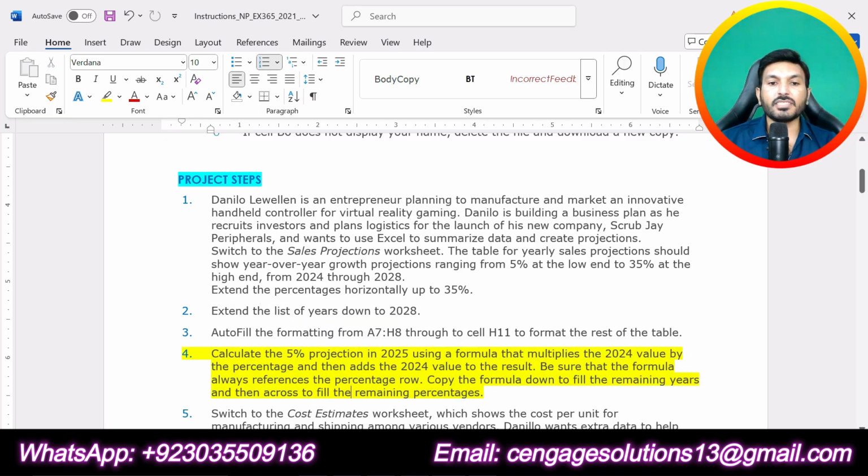Calculate the 5% projection in 2025 using a formula that multiplies the 2024 values by the percentage and then adds the 2024 values to the result. Be sure that the formula always references the percentage row. Copy the formula down to fill the remaining years and then across to fill the remaining percentages.